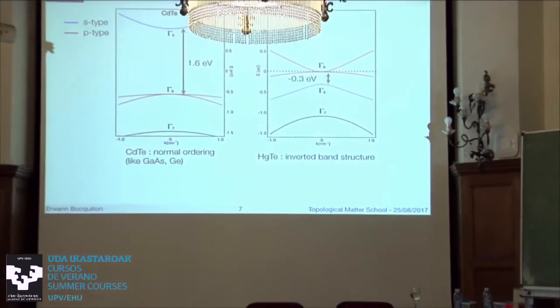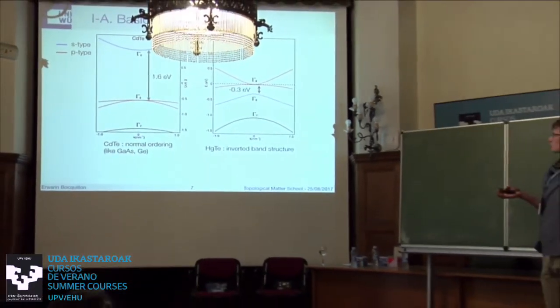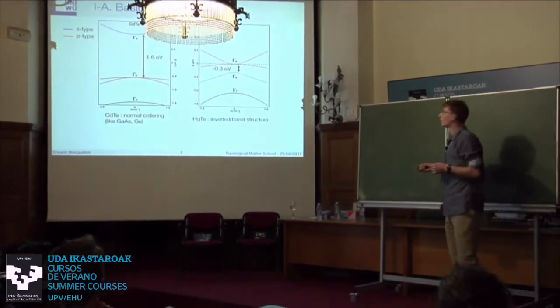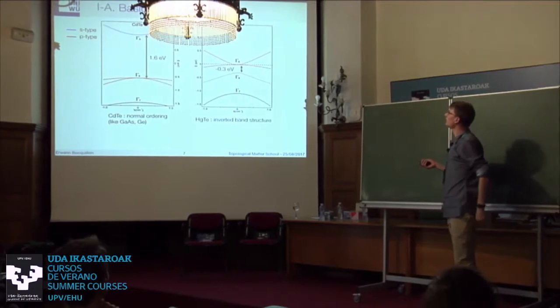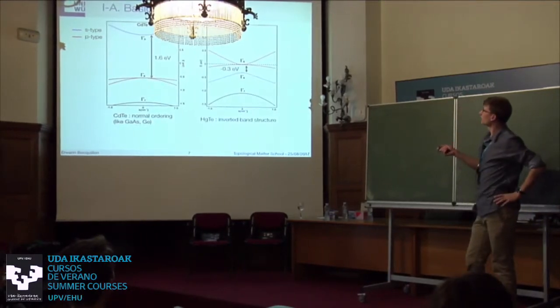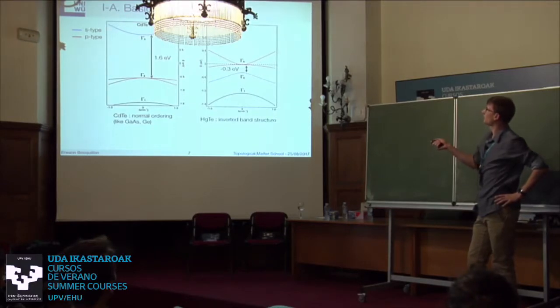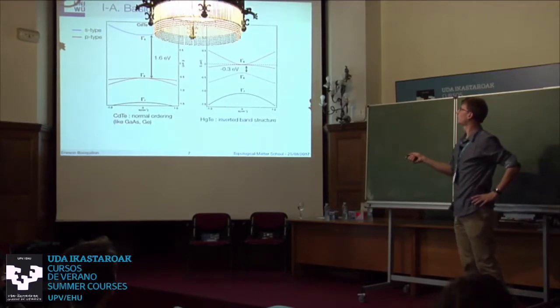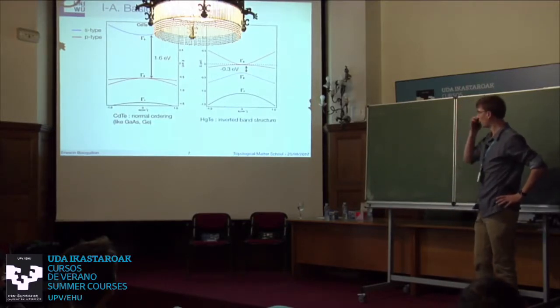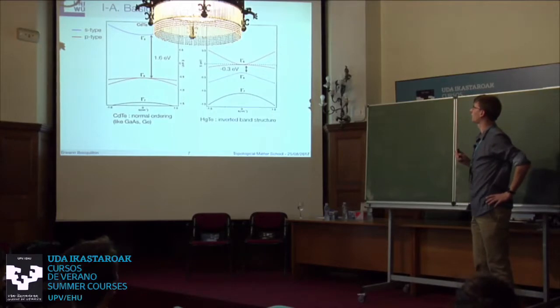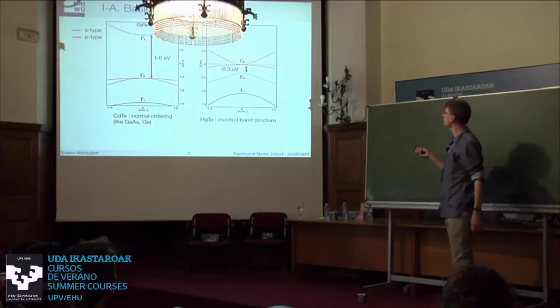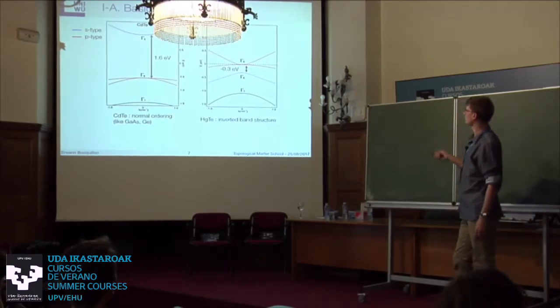Okay, so the basic of the band structure, I guess you've seen before, and this was also shown yesterday. In conventional semiconductors, you usually have that type of band structure, where you have an S-type band at the top as a conduction band, and a P-type band as a valence band. But mercury telluride, because of these very strong relativistic corrections, has an inverted band structure, so that